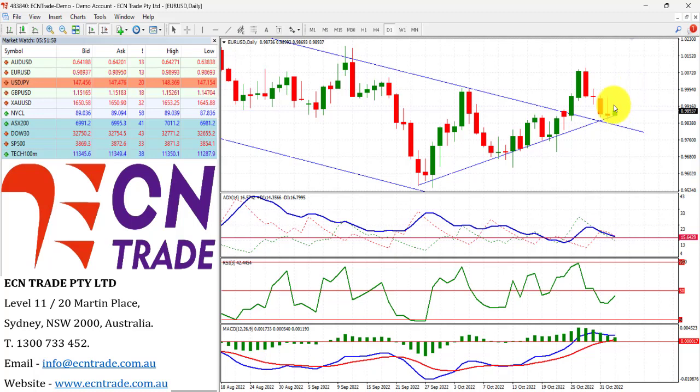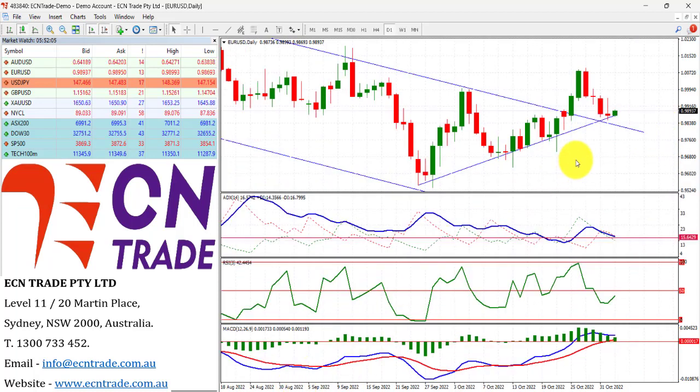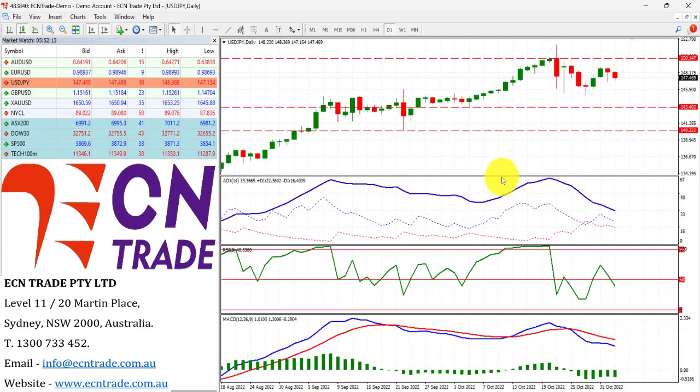In light of the inverted hammer in the euro and also the inverted hammer on the Aussie, there is some concern that we might see a further rise and therefore may see a little bit of weakness coming back into the US dollar. Talking of which, yen has strengthened against the US dollar and the market is tumbling now from the